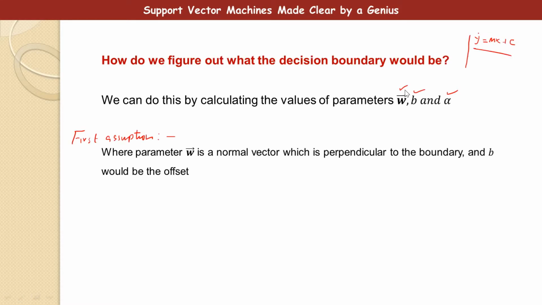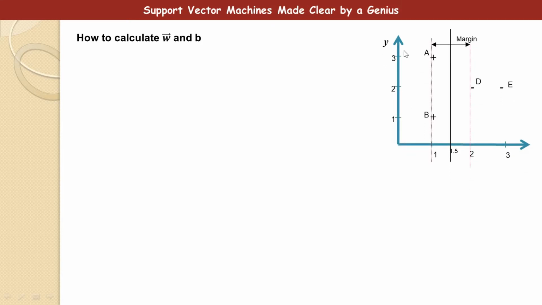How then? Okay, there is another thing I did not mention. Maybe alpha. What does alpha mean? I'm going to mention that in a minute. So let's start with W and B for now. How do we find W and B? That is the question. So let's display the example we are using to work and determine how to find W